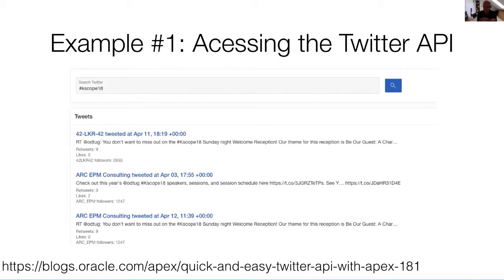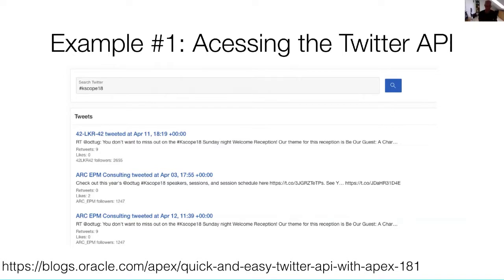But before doing this, I would like to highlight a few examples which are available in the community already. I've seen this on Twitter, I've seen this on blog postings. In the meantime, we have quite a few examples of folks already playing with web source modules, doing work with web source modules, and tweeting and blogging about this. One example is here, that's actually from me. On the Oracle Application Express blog a few weeks ago, I blogged how to access the Twitter API using web source modules, as you will see today. So today you will learn the fundamentals, and using those blog postings, you can dive further into that topic